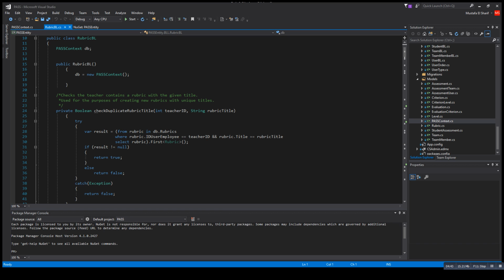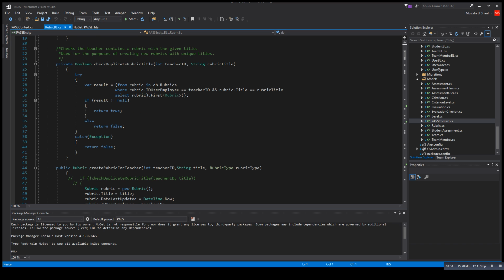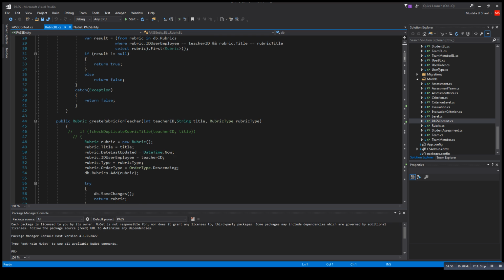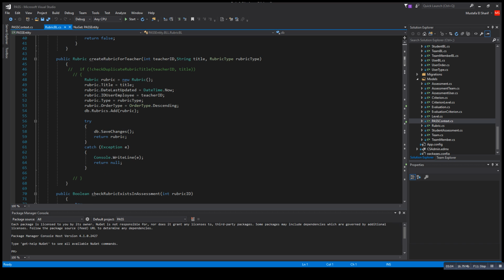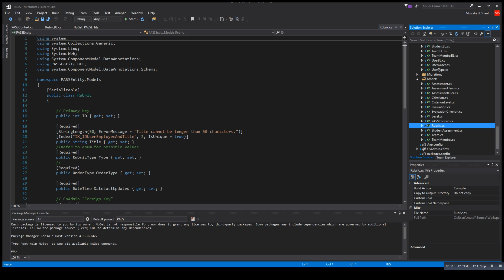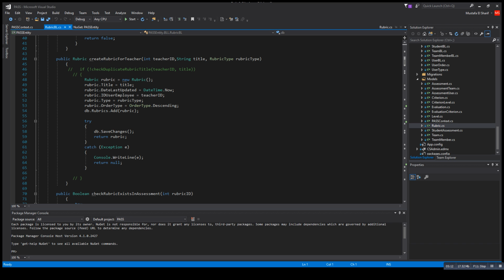we use all the classes here that are already loaded in with data to create our CRUD operations or anything we need business-wise. So, for example, the create rubric for a teacher takes in teacher ID, title of a rubric, and a rubric type. Now we initialize a new rubric class based on the classes laid out here, and then we give it a title, give it all its attributes that we need, and then we simply,